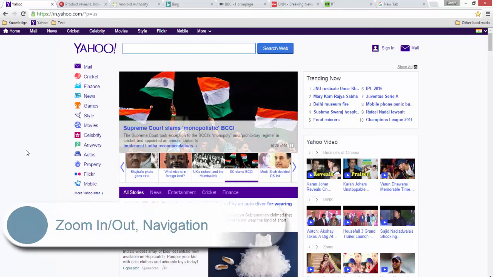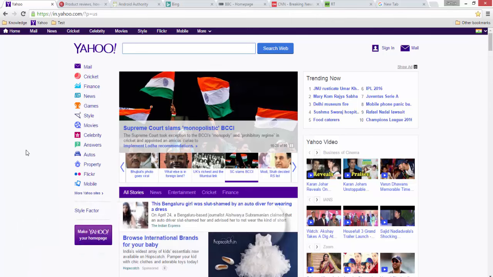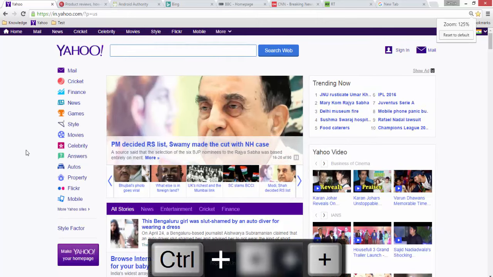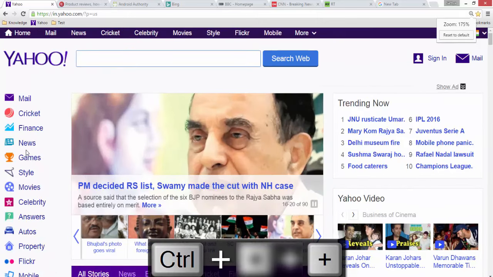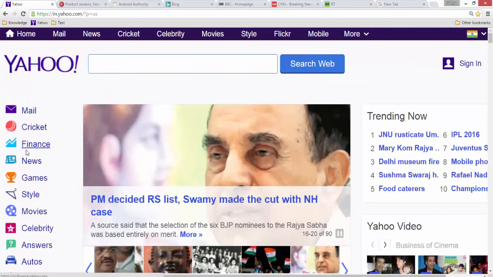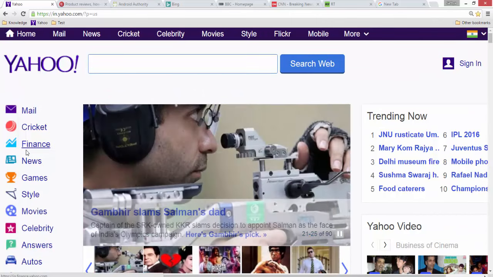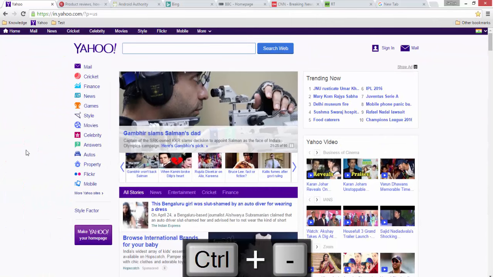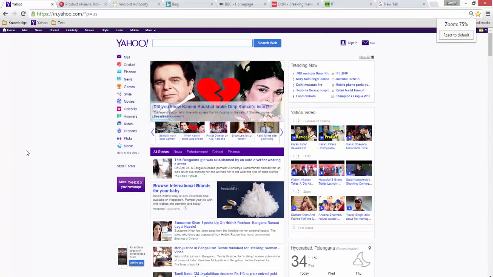The next option is zoom and navigation options. For zooming, you can use Control Plus to zoom the content available in the web page, or if you want to zoom out, you can use Control Minus to shrink the web page to your liking.